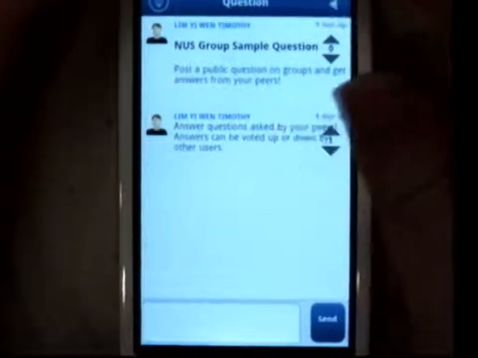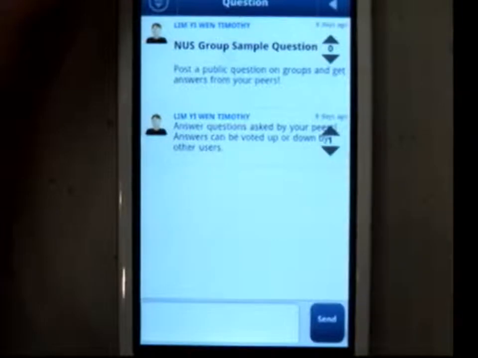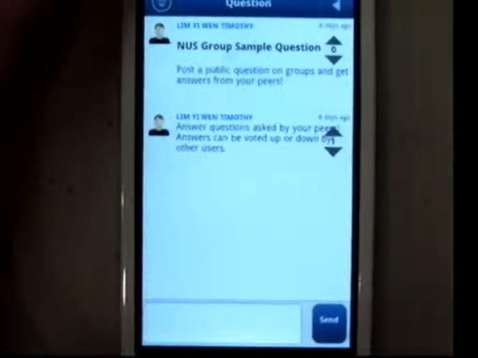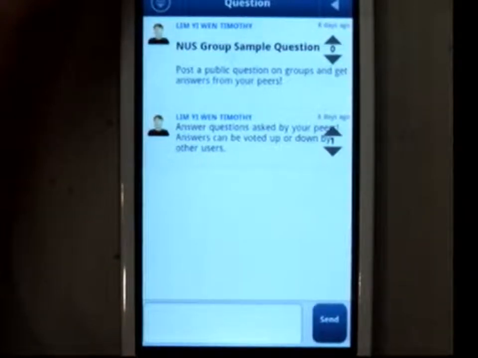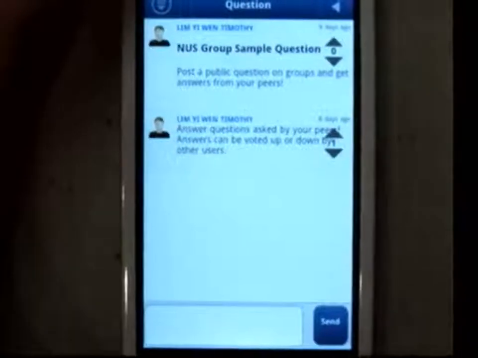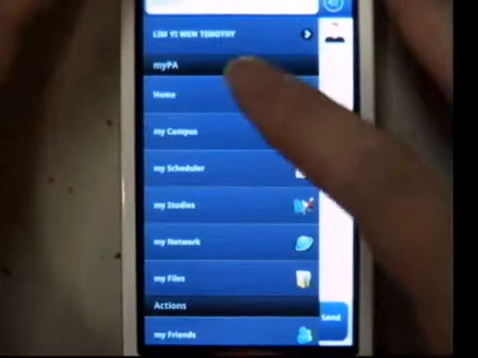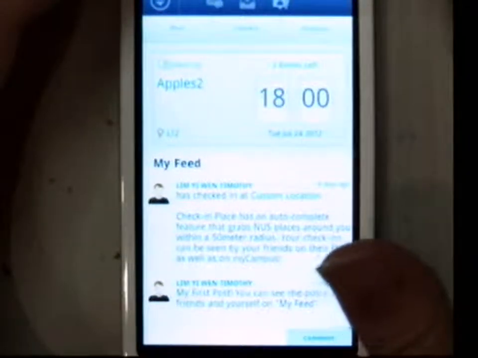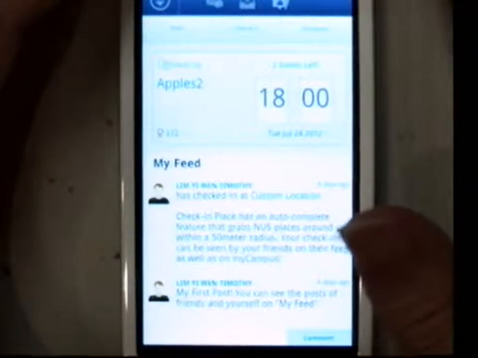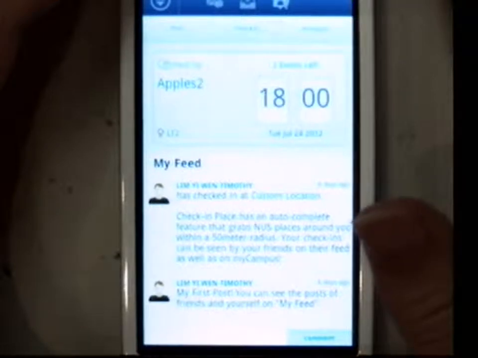So besides the announcements, is there any integration with the existing IDLE forums? I know you told me what I post stays in the app, but does it download stuff from the forums? We currently haven't integrated with the forums yet. Okay, no integration with the forums at all? Yes. So the feeds come from your friends or your network and what they've been doing on this application, right? Yes, correct.